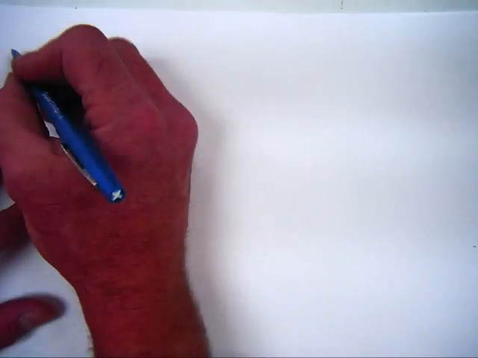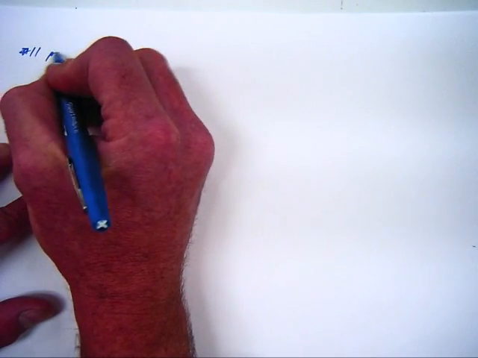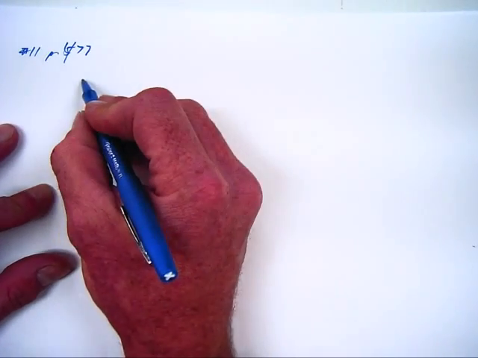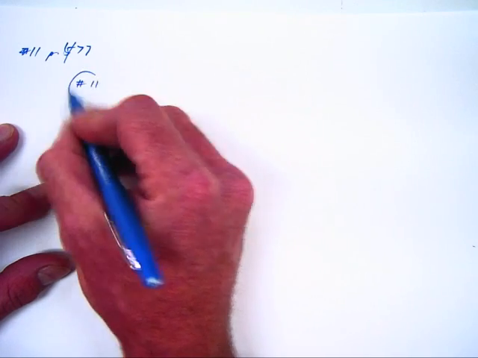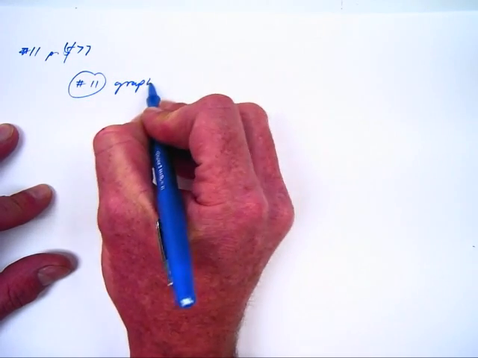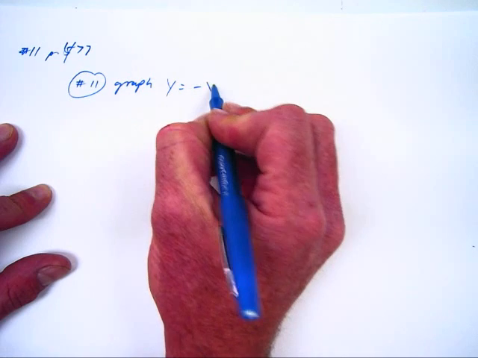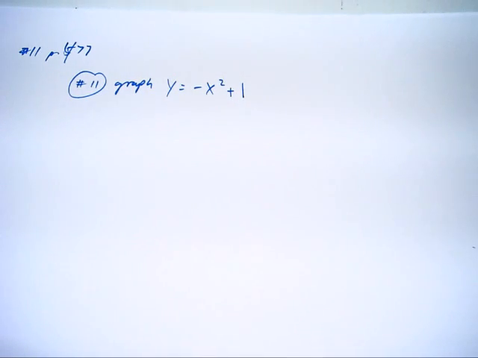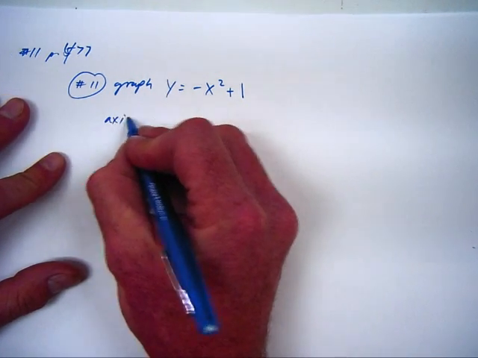Let's look at 11, page 477. They want us to graph y equals negative x squared plus 1. So in order to graph this, we're going to need a few points. You definitely need the axis of symmetry and the vertex. So the axis of symmetry